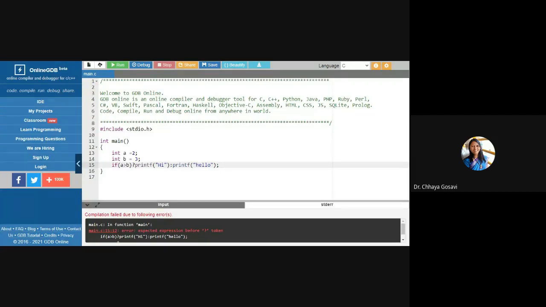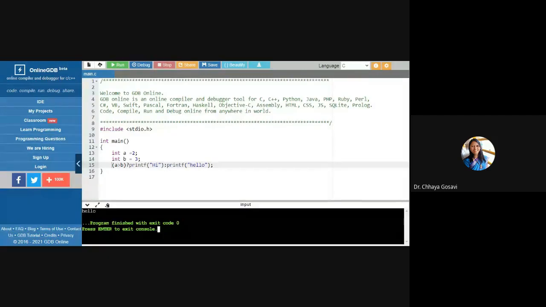So this is the ternary operator, question mark, colon. It will check this condition; if true, the true part will execute, otherwise the false part will execute. Here 2 is not greater than 3, that's why it has printed hello.